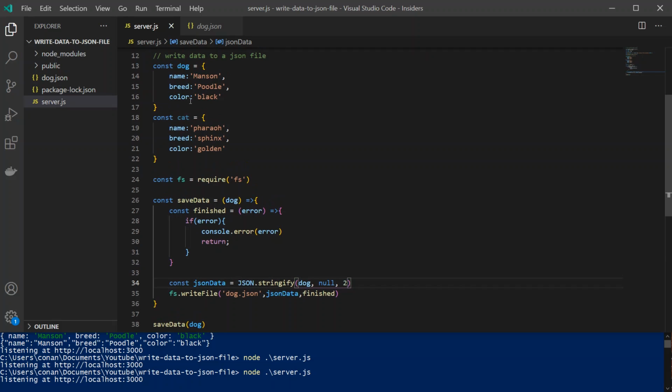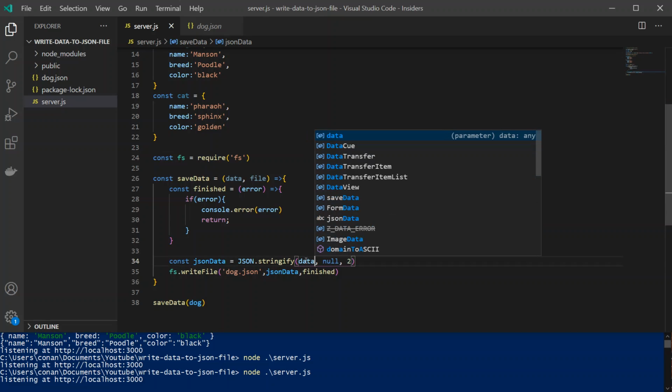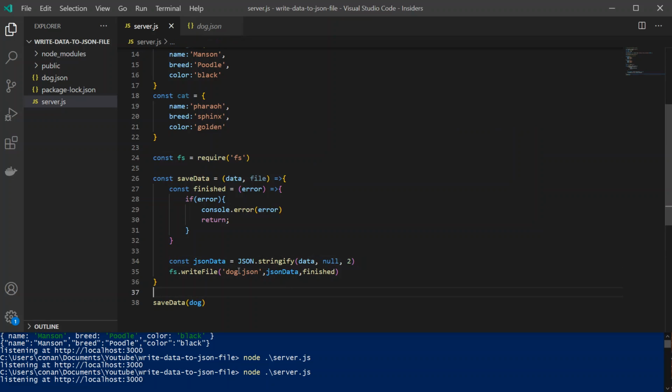Because if we wanted to save our JavaScript cat object, instead of rewriting this whole object again, what we can do is if we pass through data and say the file, so data, file, so the data here that we want to save is, at that time it was the dog object, but if I just change that to data,